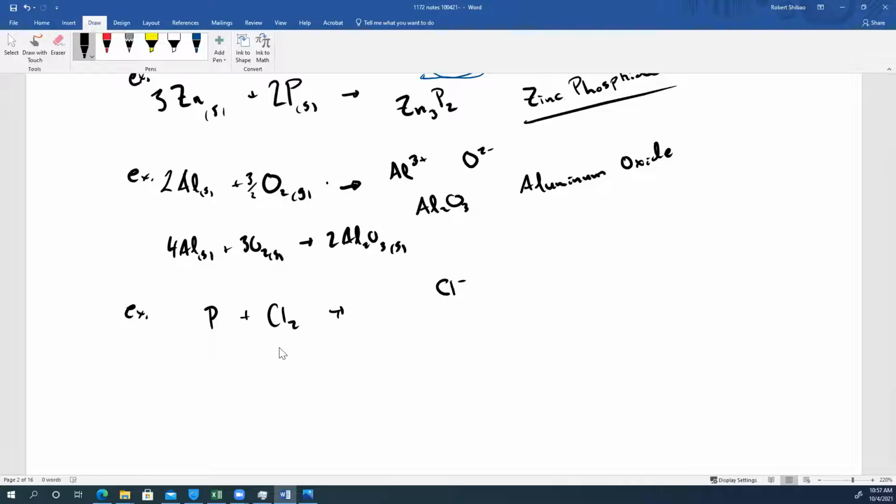Now phosphorus can lose up to a max of what? Phosphorus can lose a max of